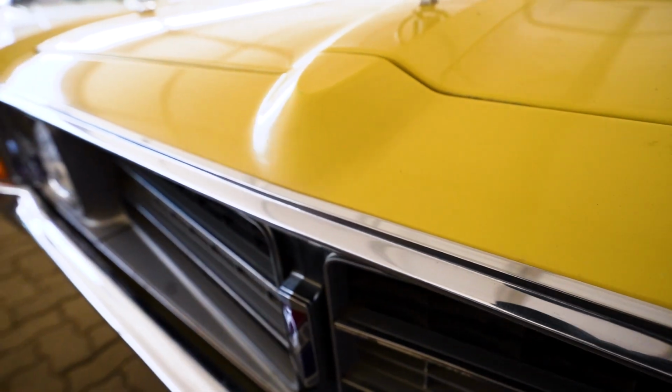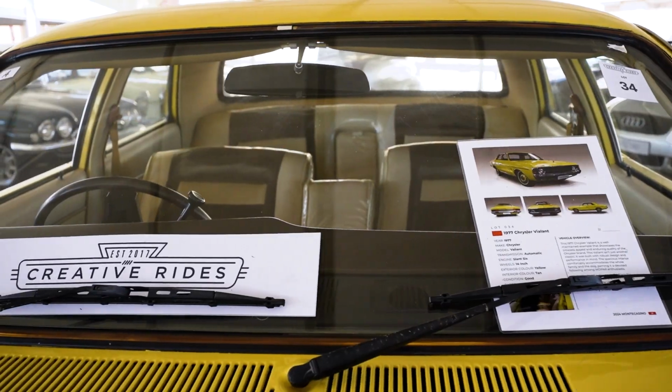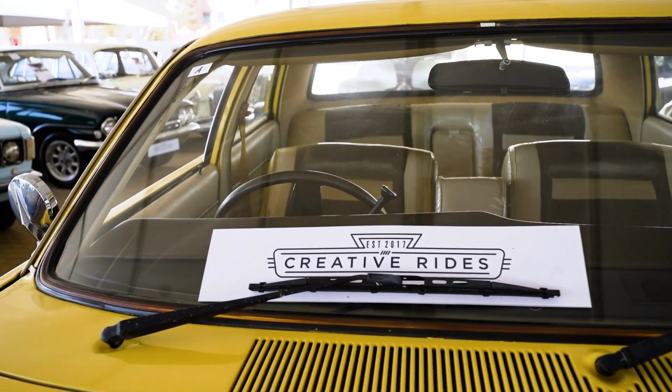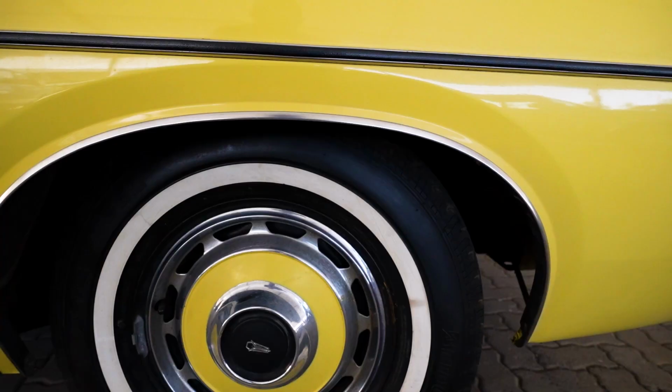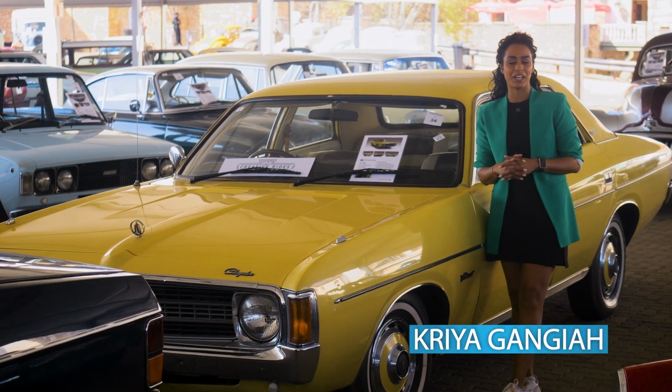Chrysler Valiant, the American family sedan. She'll go forever. Valiant have an old legacy and a strong legacy in South Africa. We take any of it to go, ladies and gentlemen. 75,000. Thank you, sir. With summer in the air and the holidays just around the corner, you might be in